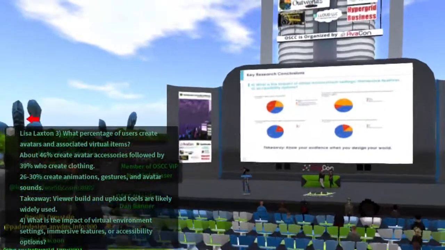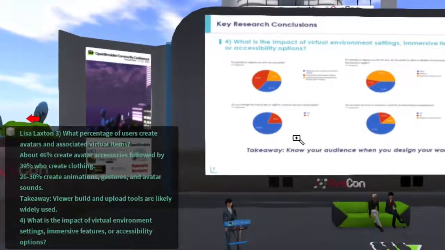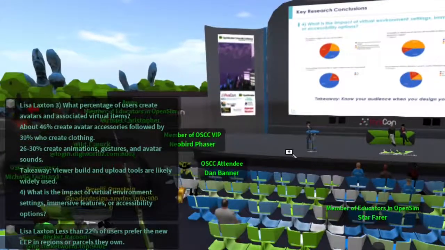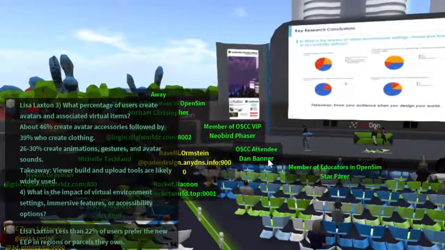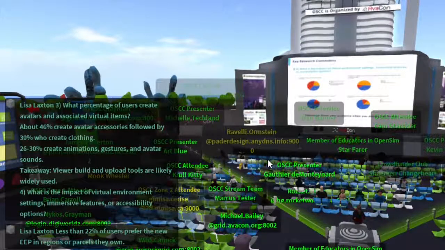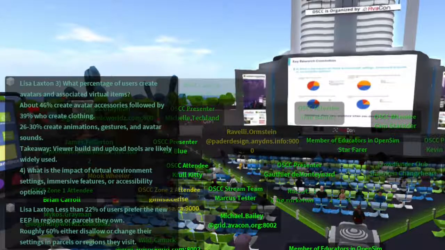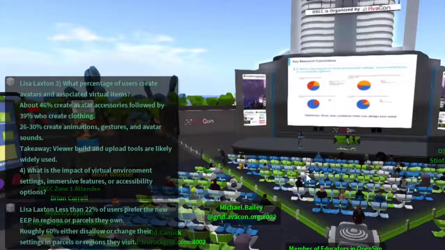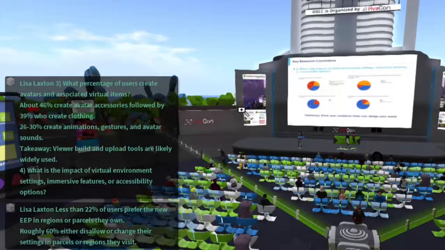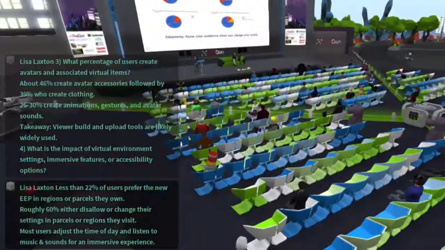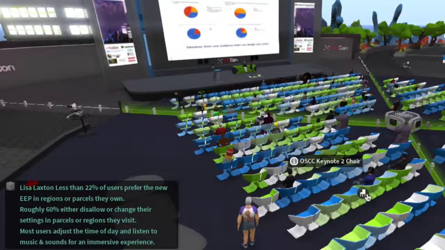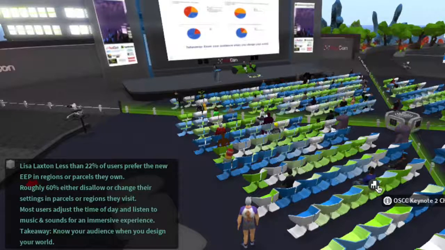Now, the presentation is going forward, and it's dealing with research about what people want in OpenSim, what the OpenSim users want and need. But I've accomplished what I wanted to show you right now. Let's see, one other thing I will do: since you'll notice I'm standing by the side, I hover my cursor over a seat, and a little graphic showing a chair appears, which is telling me that if I click on it,